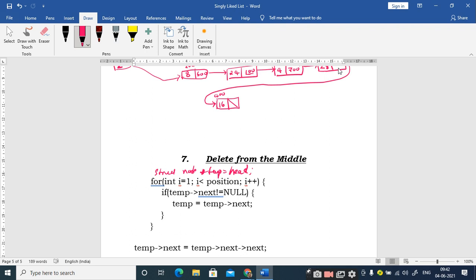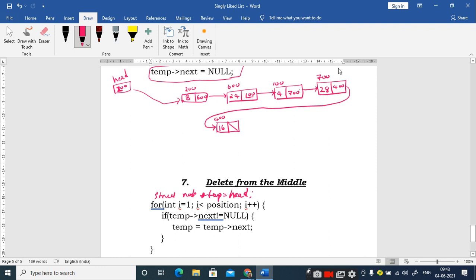So this is a traversal operation. Deletion means the user will be giving the position, and based upon the position you have to go and make a pointer point to its previous node. For example, if I want to remove the node which is present at the second position or third position, let us look at this example.